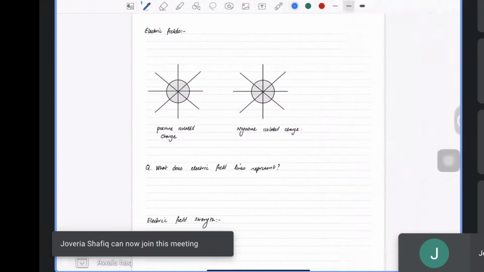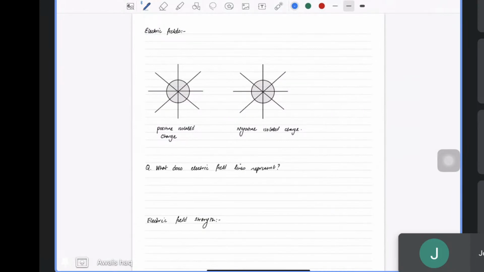All right. So right now we are going to start off with electric fields, and